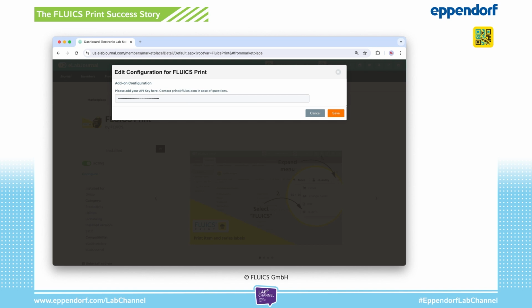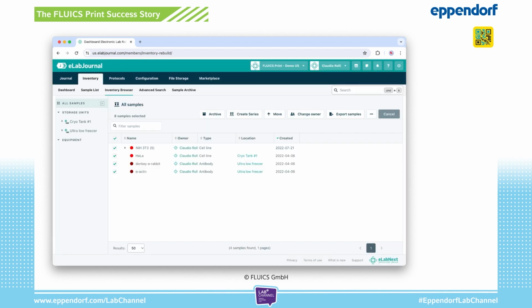If you do this, you will enter an API activation key, which is provided directly from FLUICS. In this activation key, there is already the information of your workspace, which printers you have and which templates you are using. So you save this key, and then if you navigate to your inventory browser, you can select or mark